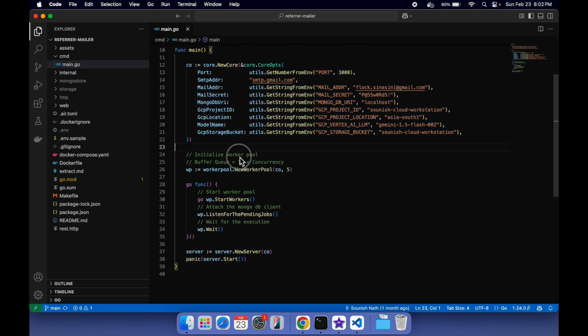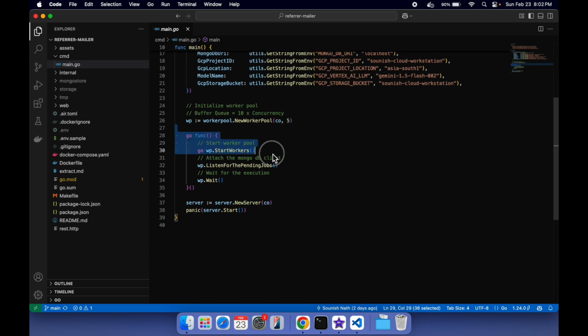The worker pools here I am basically creating. The buffer queue size is basically 10x of the concurrency limit. For simplicity, I am using 5 as a concurrency, but it can basically scale up. It will automatically get scaled quickly. Okay, and there are these workers and everything pending for the job queue service, and the worker pool everything gets